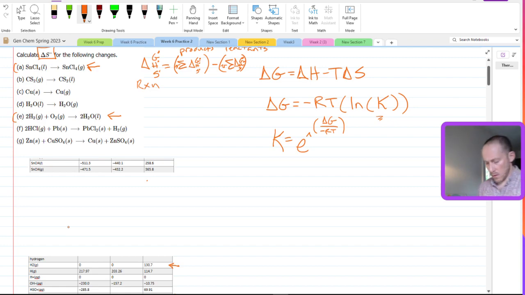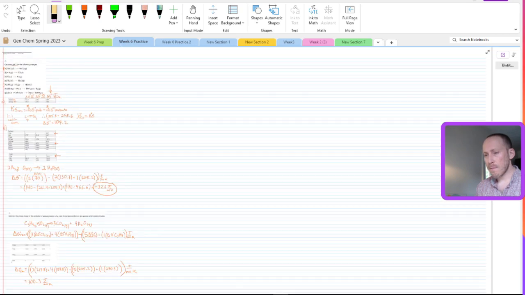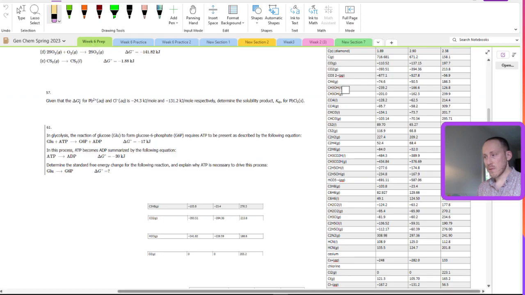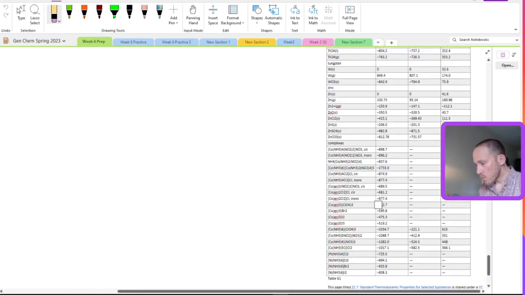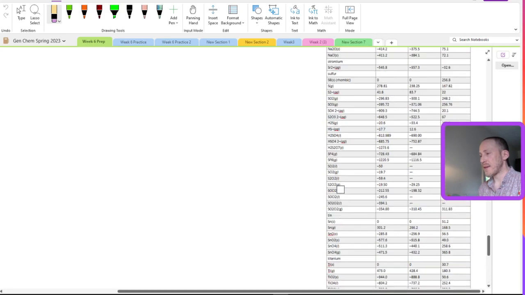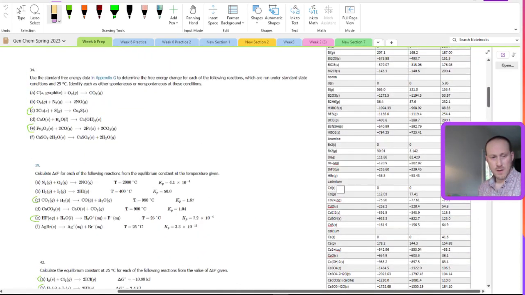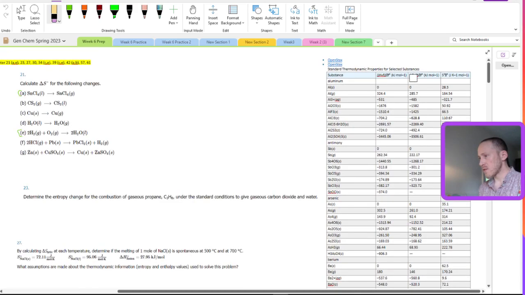So there is a table in the back of your book. Of course, I'm going to show you in a little bit. It's Appendix G. Let me just show you right now. I have it over here. Here we go. Right here. Takes a sec to load, but there we go. This is it. And it's at the bottom here. Yeah, Appendix G in the textbook that we're using. And as you can see,